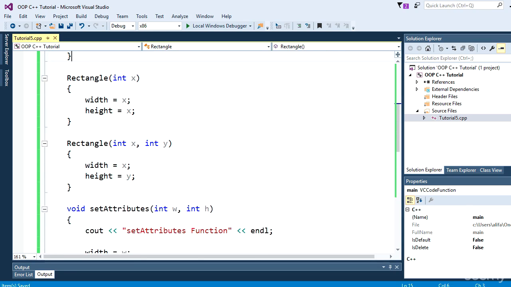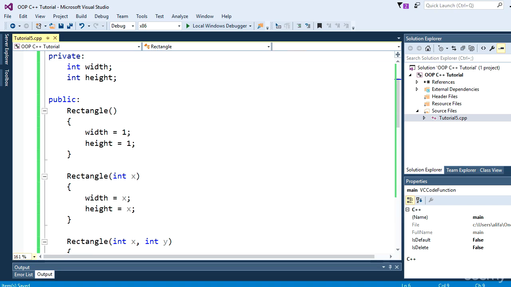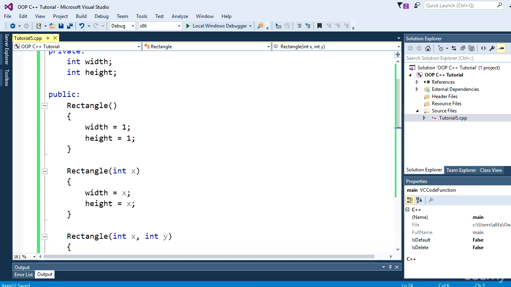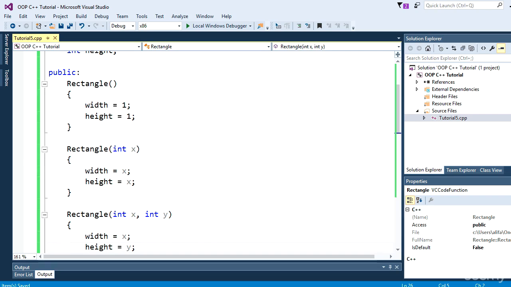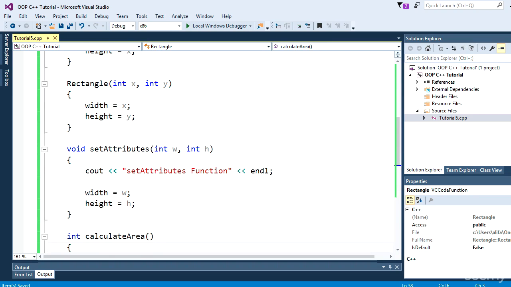Head back over to the class and head over to the public section. Remember, not the private section, because we want to be able to use that plus sign in our main function and not just within the class. So head over to the public section, and